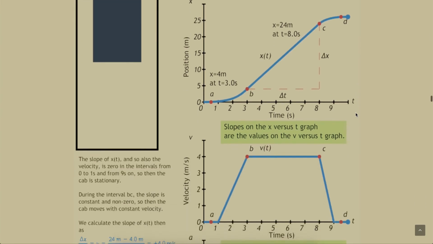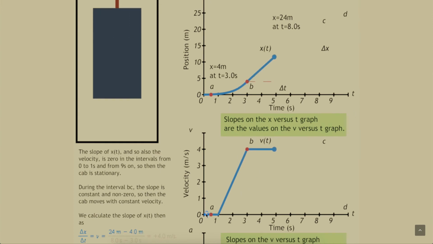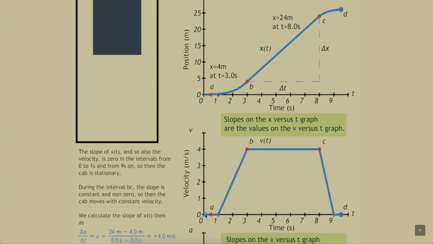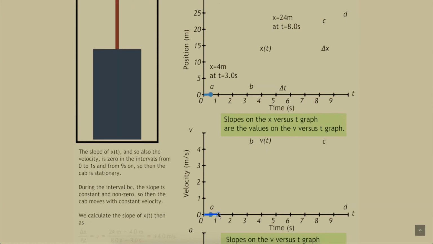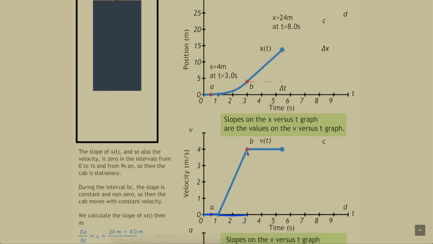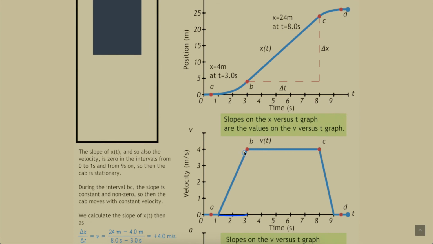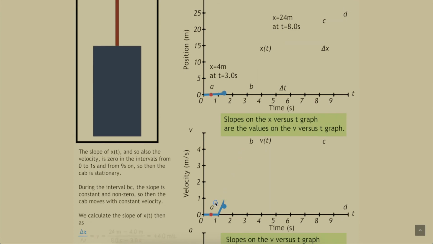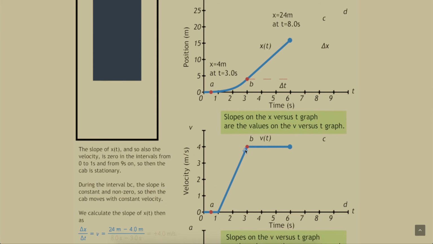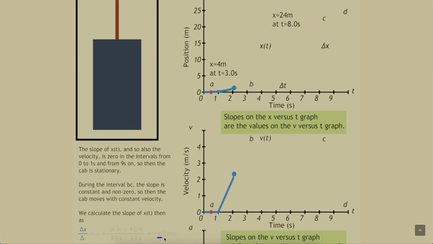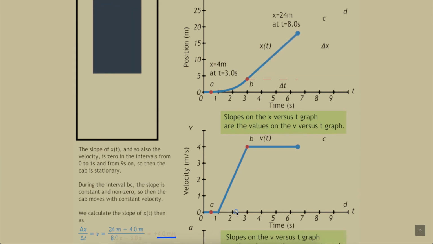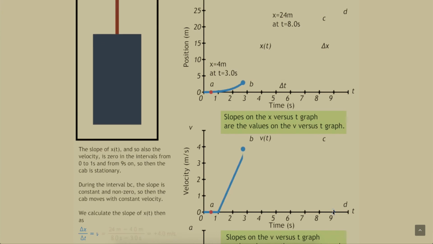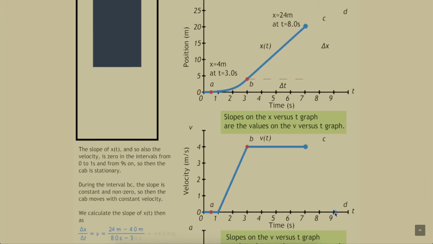So here it is. Like we predicted, the velocity curve starts with a horizontal line from 0 to 1 at 0 value for v. Now, from 1 to 3 seconds, we have an increasing value of the velocity since we knew there was a change in the ratio of displacement to time. Then, the curve reaches a constant from B to C, and we have a horizontal line at 4 meters per second, which is a result of the calculation I mentioned before. Last but not least, we have a slowing down of the elevator cab, and thus the velocity goes down to 0 from the 4 meters per second value we still had at point C. The value of v continues to be 0 from there.